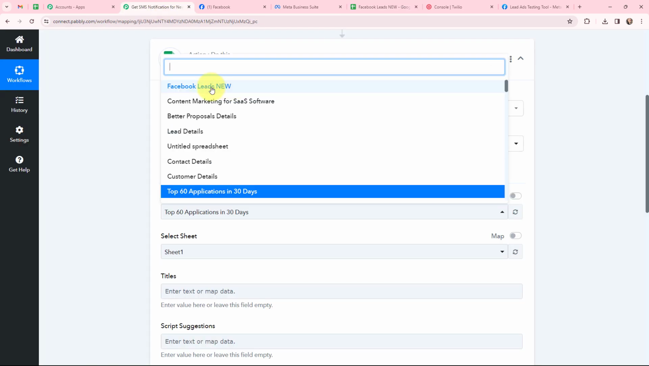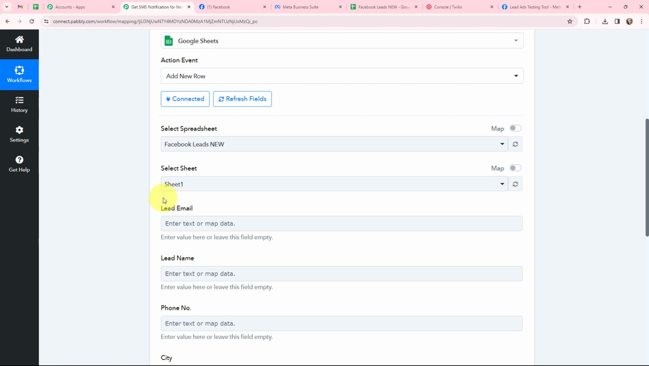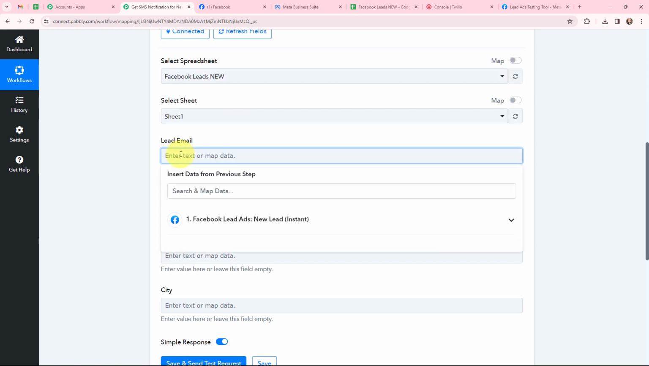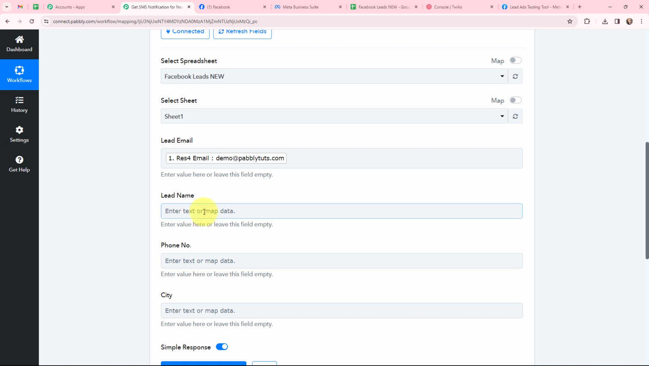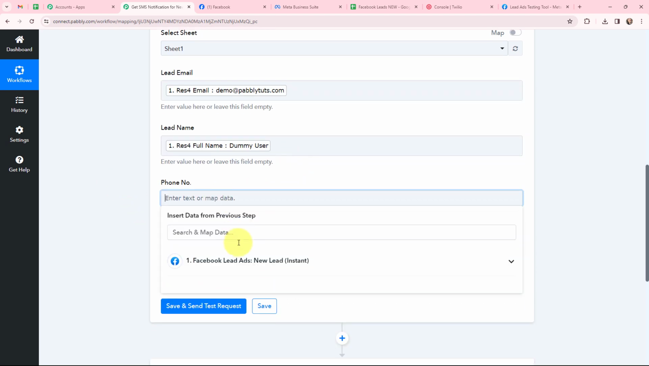So firstly, I'm going to select my spreadsheet as Facebook Leads New. So now as I've selected my spreadsheet, the selected sheet is sheet 1. So now moving to these details. Here to mention these details, I'm going to use a method that is called mapping. So basically mapping means to insert the data from previous steps. So as I've received the response from Facebook lead ads, here I'm going to map the details from that